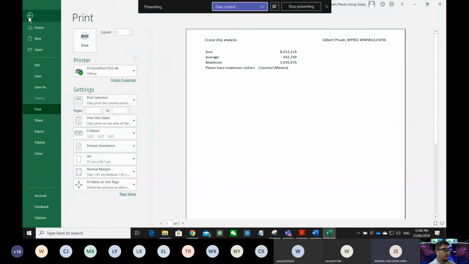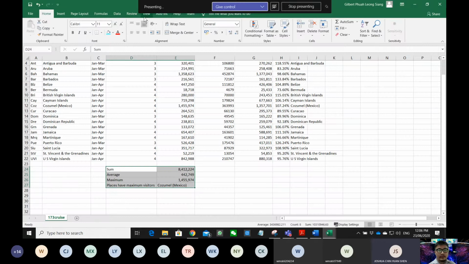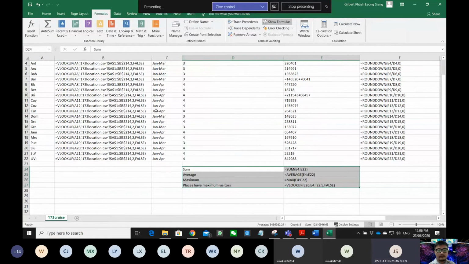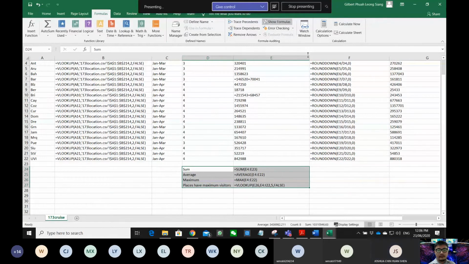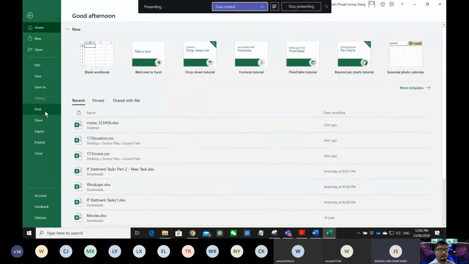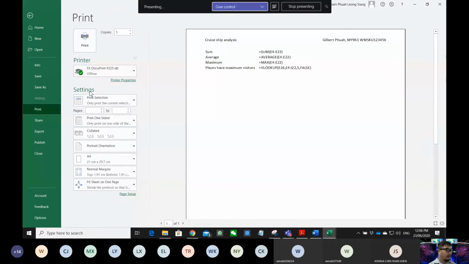Go back. Then formula, show formula, double click, file, print, and then